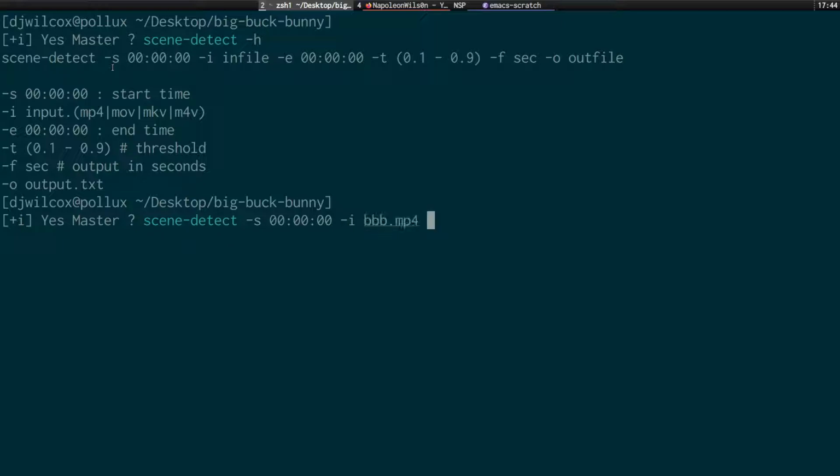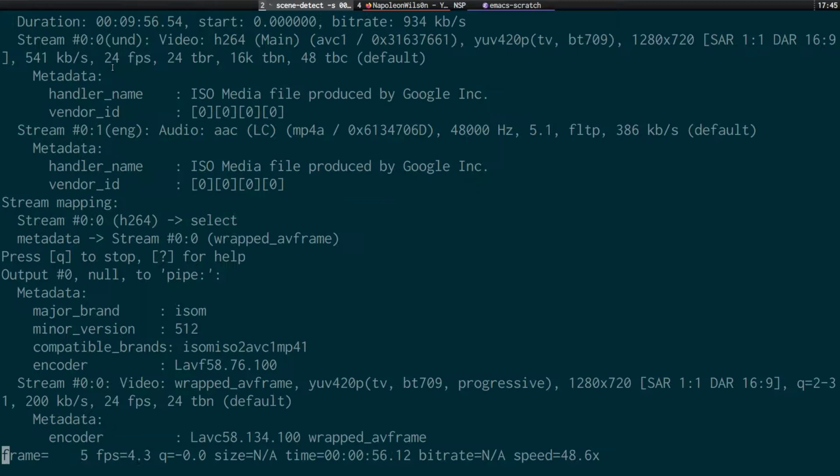I'm going to give it the video name, and specify the number of seconds after the start time that we want to perform scene detection for. I want a minute, so I specify 60, and we can give this an out file name, detect.txt. That's going to run ffmpeg and analyze the video and create